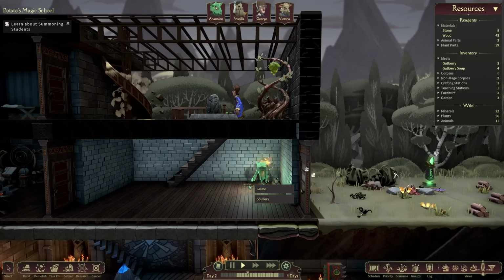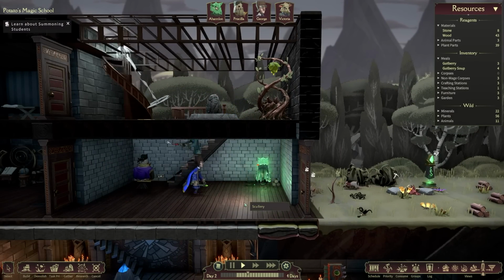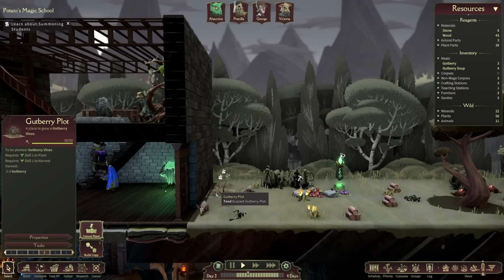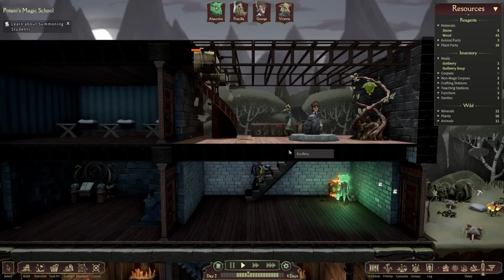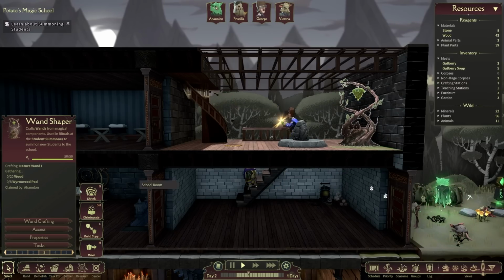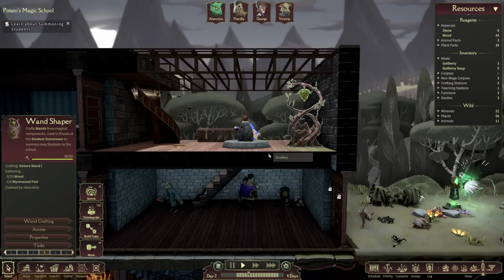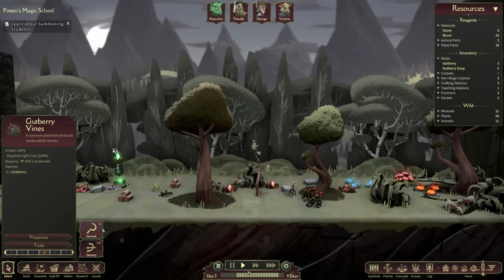good. We've got grime over here. Yum. Love a little bit of grime. We've got the gutberry plots. We should be planting them. We should be ready to plant them pretty darn soon. Should I get somebody to work on the wand, please? That'd be quite nice. Let's also maybe see if we can try and harvest some more